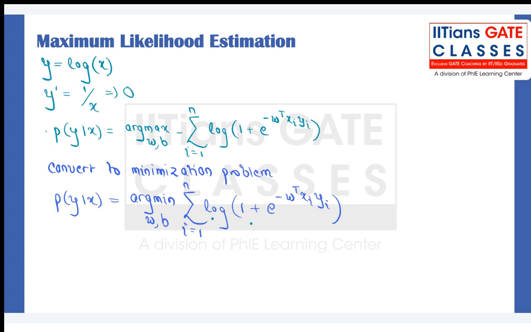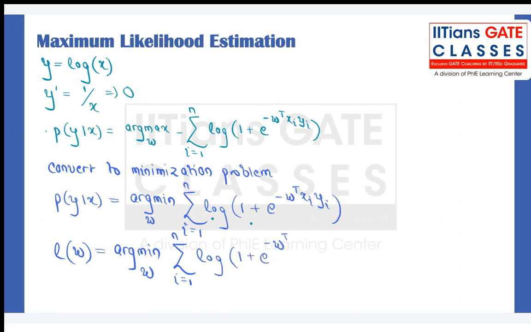In our case, we'll just write this one as our loss function, the function that we are trying to minimize, min of w. Again, I'm sorry guys, I think b should not be there ever because we try to encapsulate it, right? So sum over i equal to 1 to n of log of